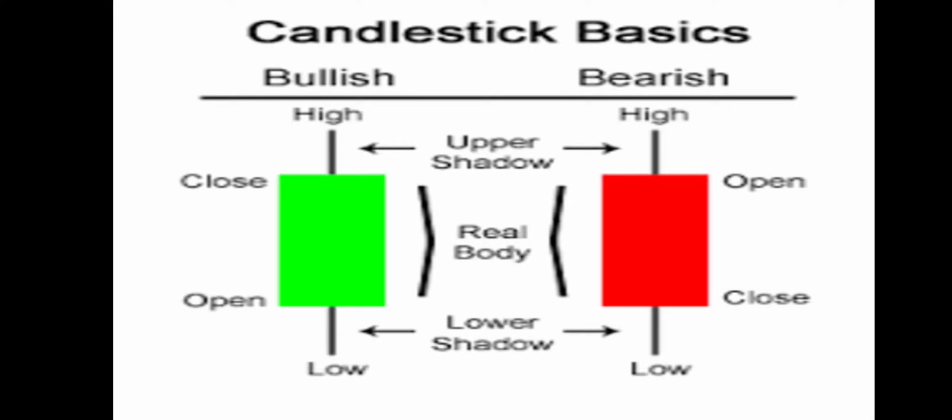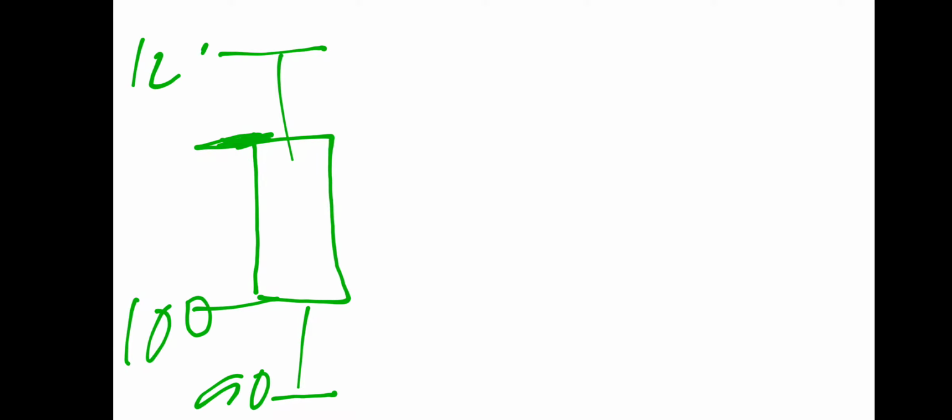It is a very basic concept, and until you know the basics, you are not able to become profitable through the candlestick chart. So I will give another example. There is a candle and there is a wick. This is the open price. If this is a bullish candle, then the stock opens here, touches this level, goes high to that level, and gives the close at that level. Like this is 100, this is 90, and this is 120, and the stock closes at 110. Then this body forms, and this is the lower and upper shadow.